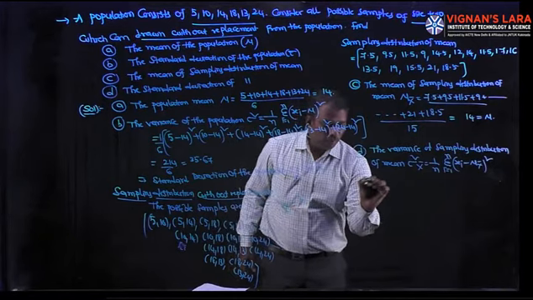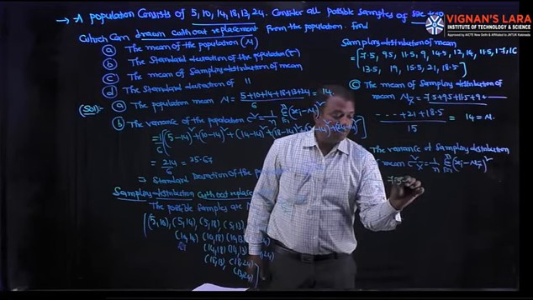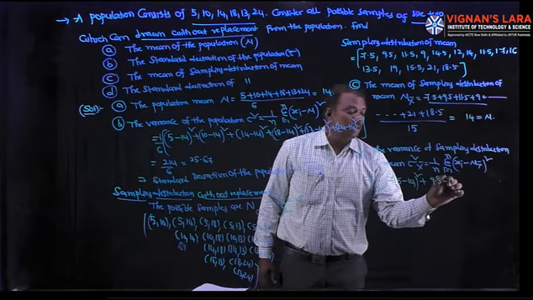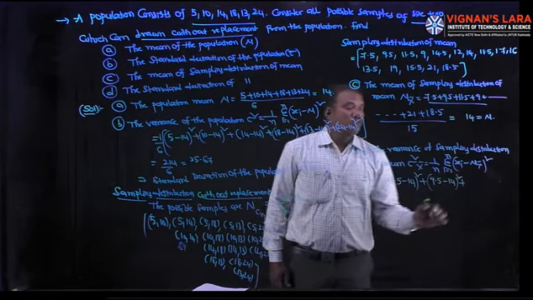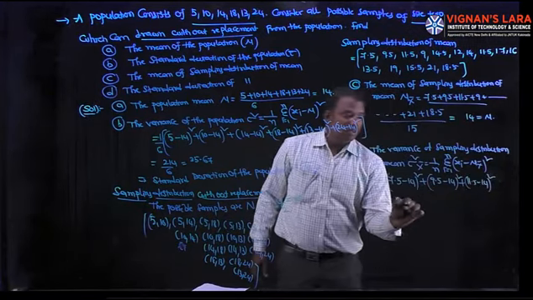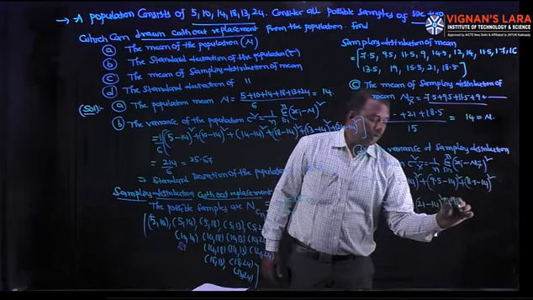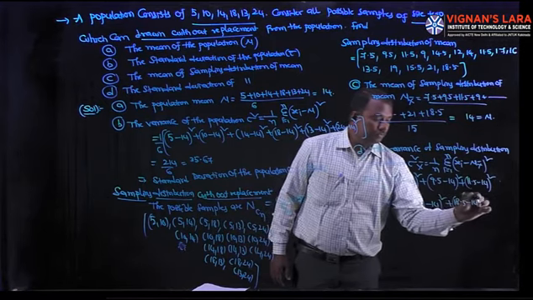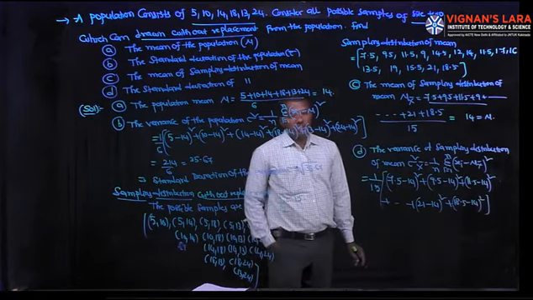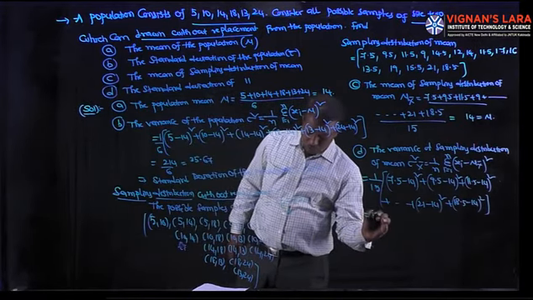So it is equal to 1 by 15. Since we have 15 elements, the first element is 7.5 minus 14. What is 14? The mean. What about the second element? 9.5 minus 14 whole square. Next, 11.5 minus 14 whole square, and so on. Last but one, 21 minus 14 whole square, plus 18.5 minus 14 whole square. That is the variance, the sum of squares of each element from its corresponding mean. Then its value is 14.266.